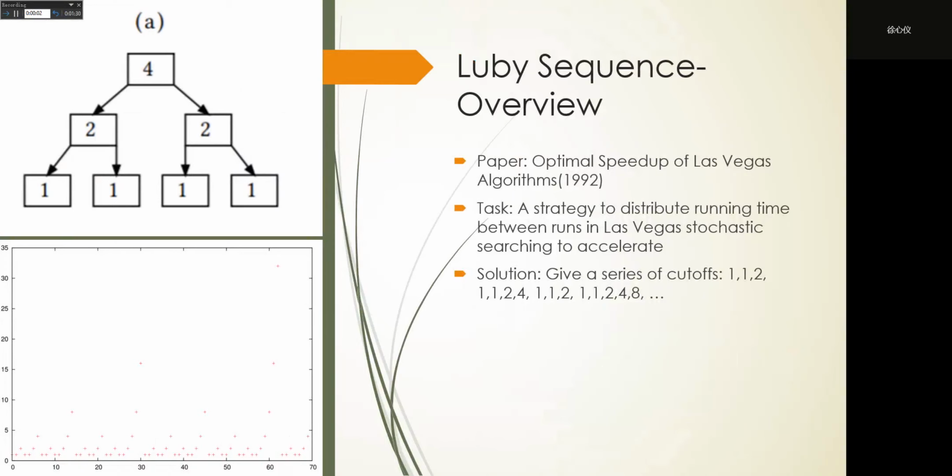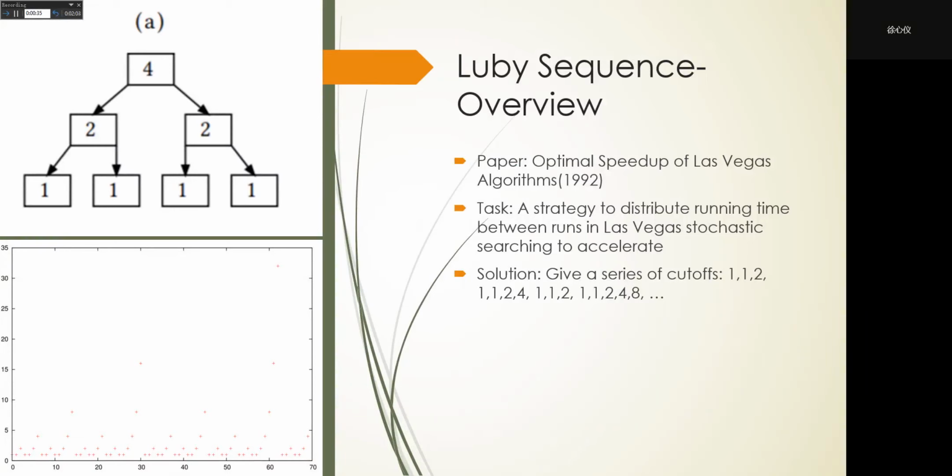Optimal Speed Up of Las Vegas Algorithms. So it is actually similar to the adaptive restart strategy. It also tries to distribute running time, distribute power between runs in Las Vegas stochastic searching to accelerate the whole searching process. Actually, it has a rather straightforward solution. That means if you are given